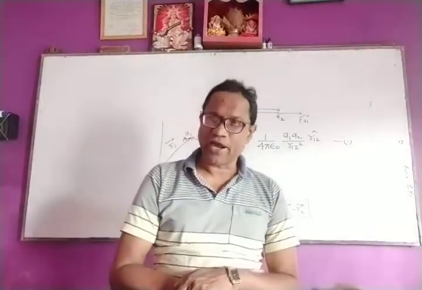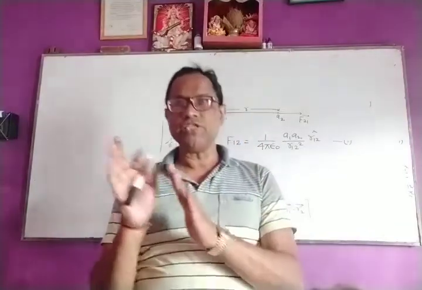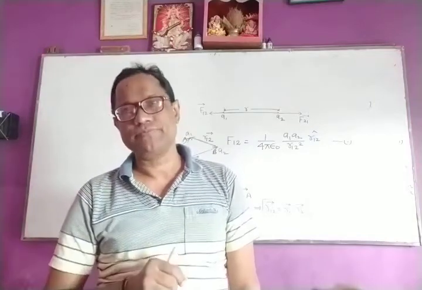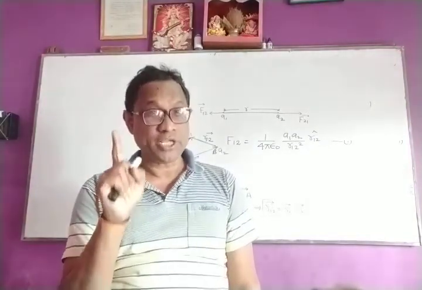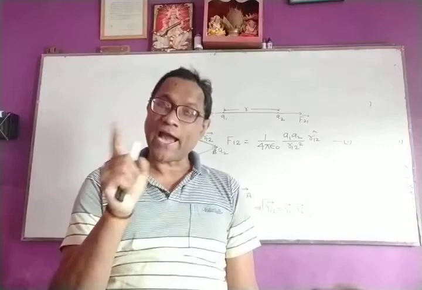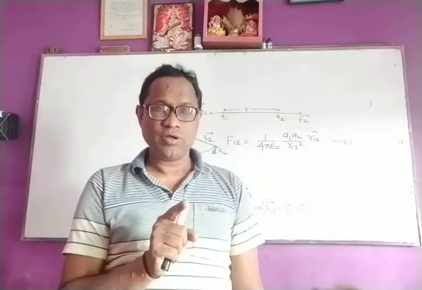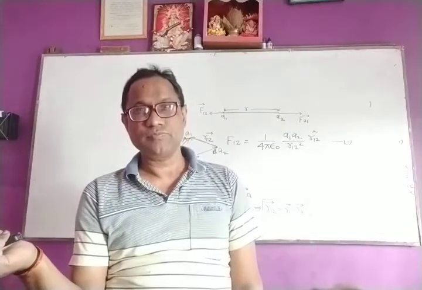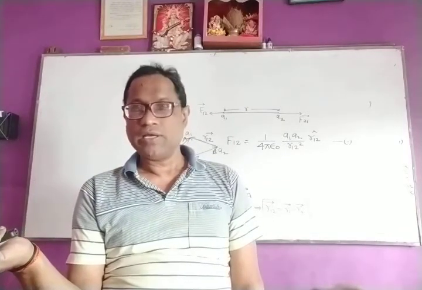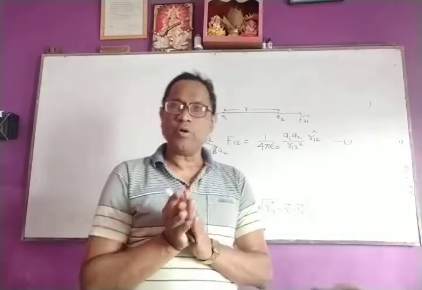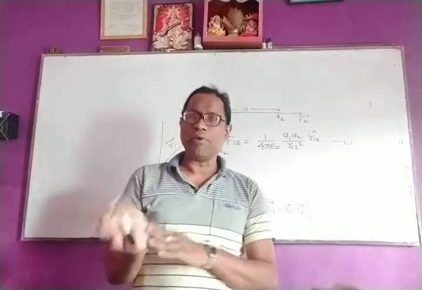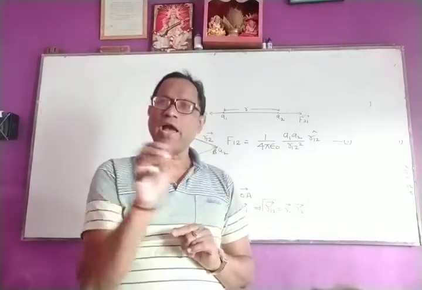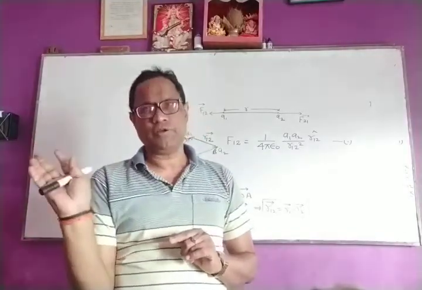Mathematically, we can write that r43 is equal to r4 vector minus r3 vector. Now r4 means q4 is the actual body, and r3 means q3 is the referred body. Clear? So r12 means r1 minus r2, the position vector difference between the position of the actual body and the position of the referred body.